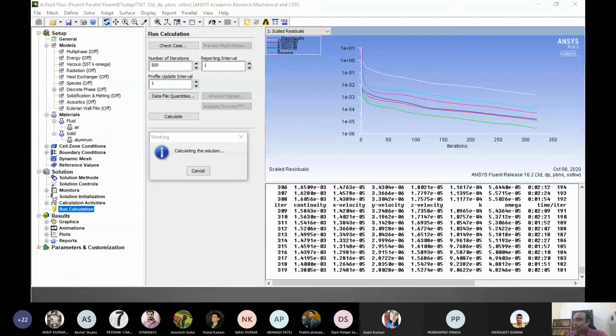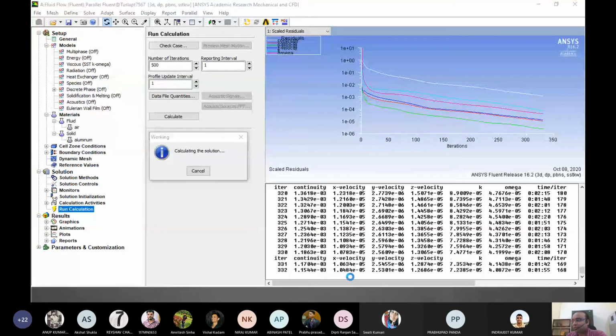As soon as it is done, I think it will take 1 more minute. What we'll do is see how things can be visualized. Results are easily obtained by these calculations, but then how to see them, how the velocities are moving, how things are being generated, and so on.